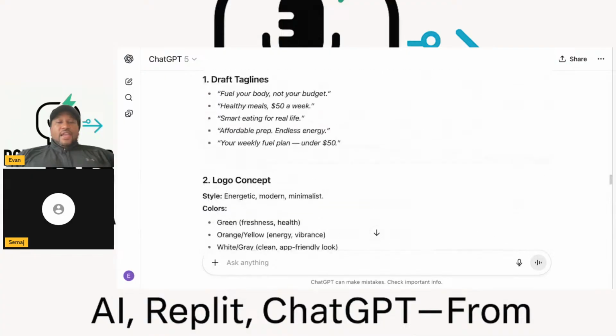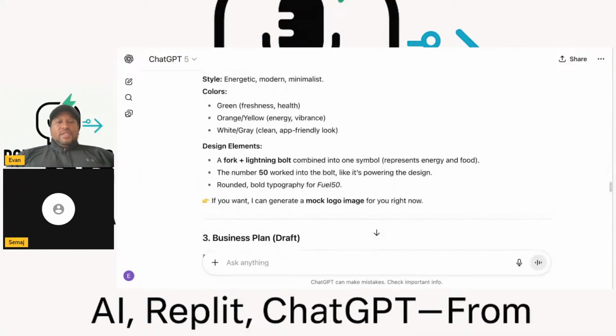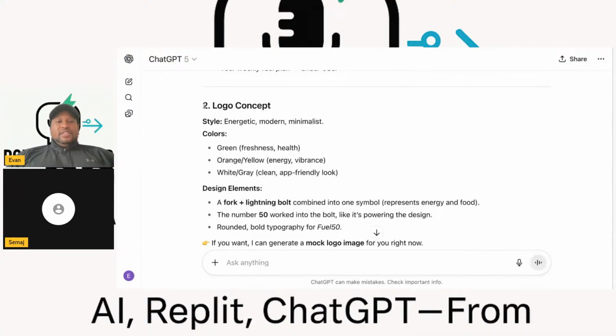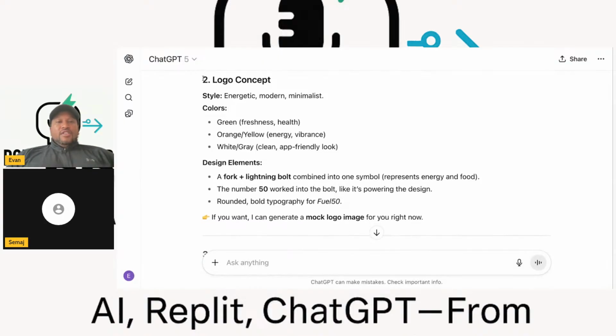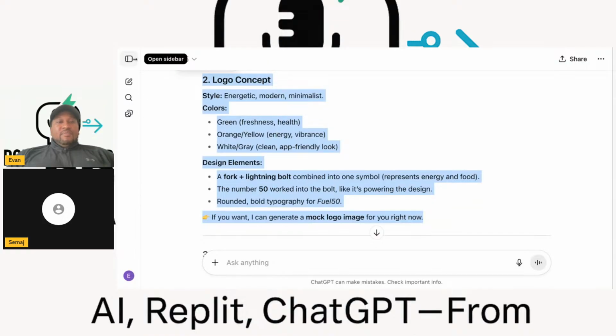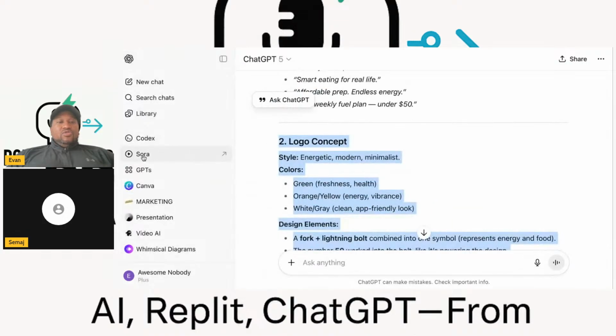So I wanted to go back here because you're right. We don't have the logo, but we did tell ChatGPT to create a logo. And this is where I wanted to show where the other ChatGPT apps come in. I usually just copy this, and then I pull out the sidebar, and then go to Sora. I might have to bring it up because it switches to another tab. But Sora is the image generator inside ChatGPT.